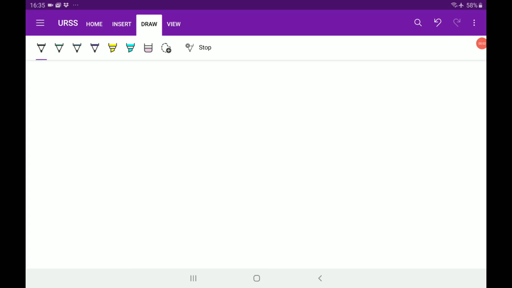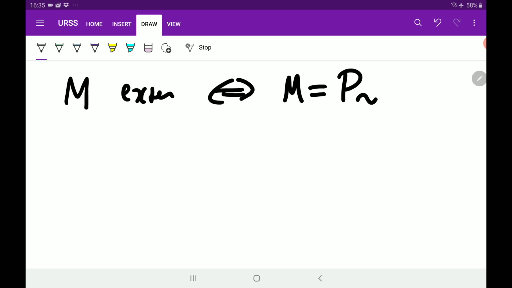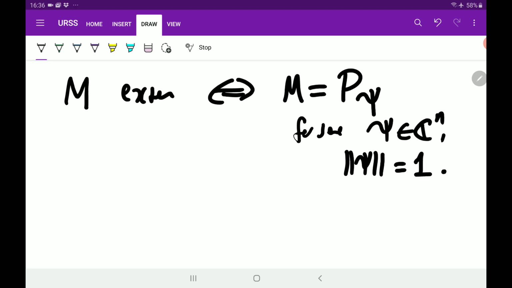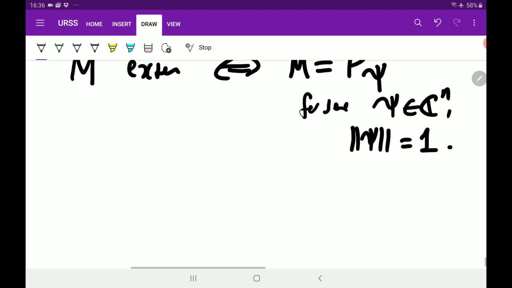All right, so the proposition is that a density matrix M is an extreme point in the space of density matrices, where density matrices are convex, if and only if M is the orthogonal projection map P psi for some psi in C^n with unit modulus. So the proof